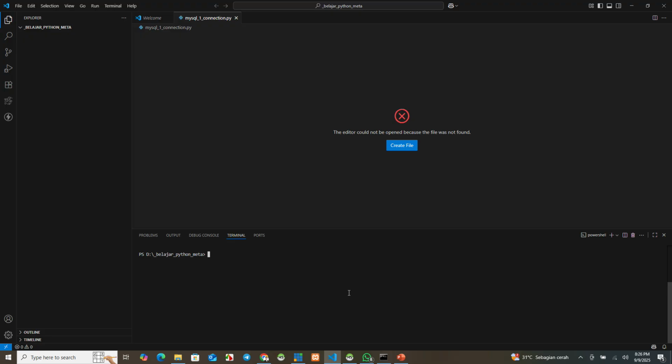Type pip list. Okay, we have MySQL connector Python. If the first one is empty, we don't have this library. Okay, the first one we must uninstall first.